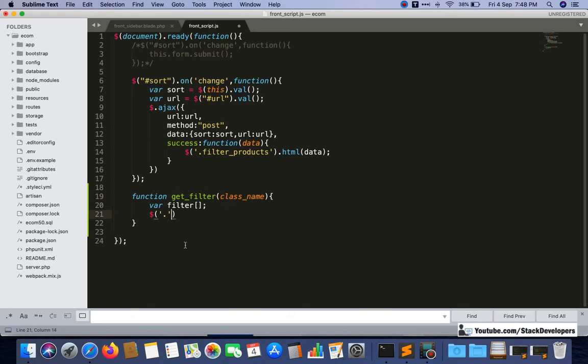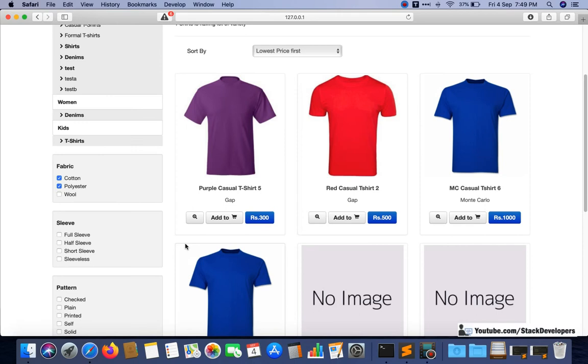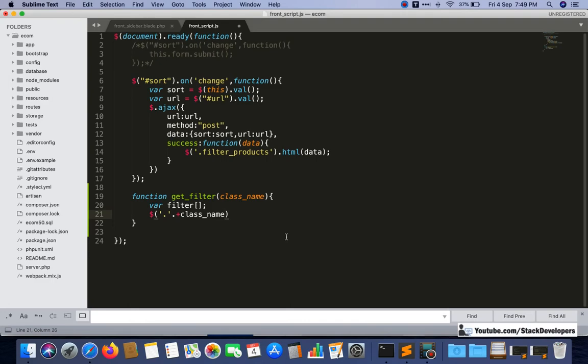Okay, then it will be more clear to you. So now on the click of this fabric, I mean on click of this class name, we will do like this plus class name. Now if this class name is checked, we will not use the click, we will use the checked. If any of the items gets checked, we will do here checked, plus once again, and we'll close this one like this. Here I will do this checked. This is the syntax.